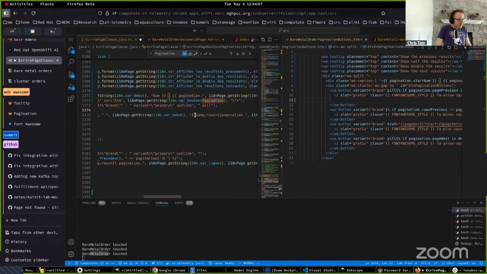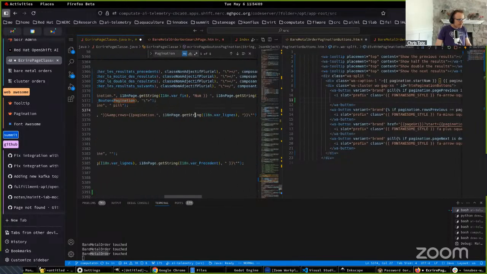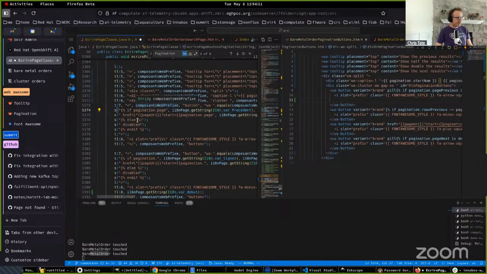So if there's a link, it makes href, else disabled. All right, so I need to give these buttons an ID. ID equals,